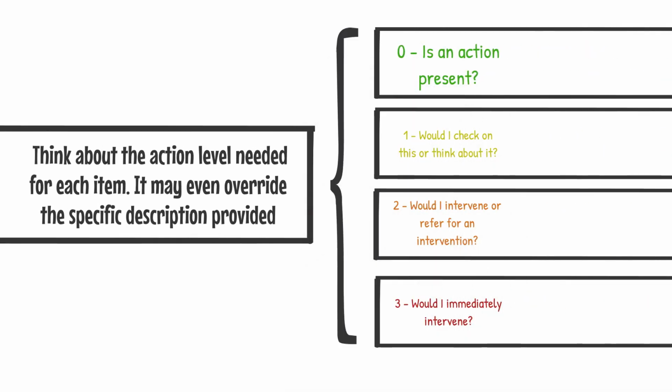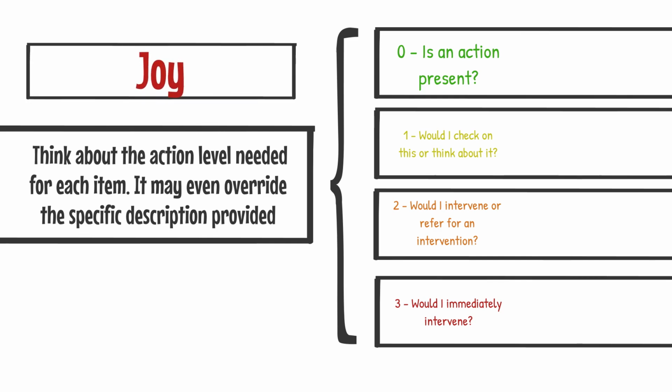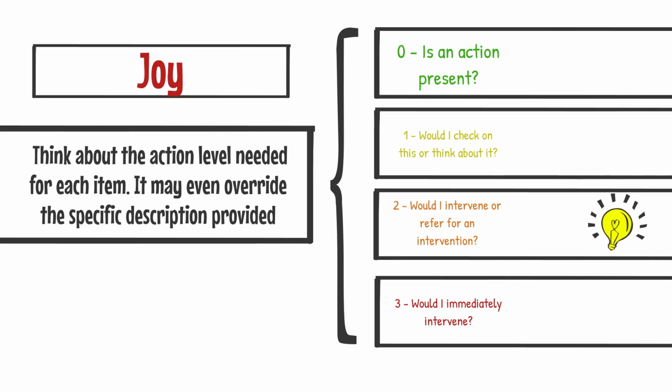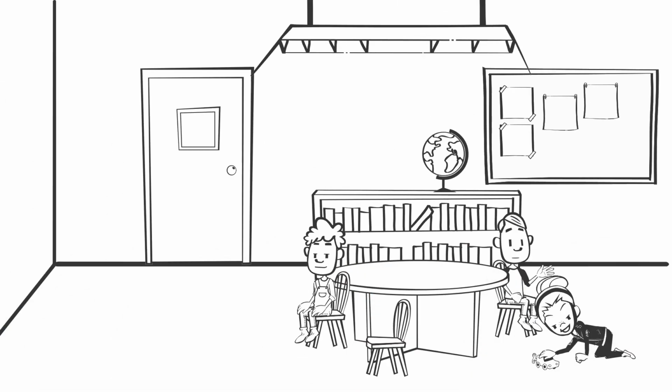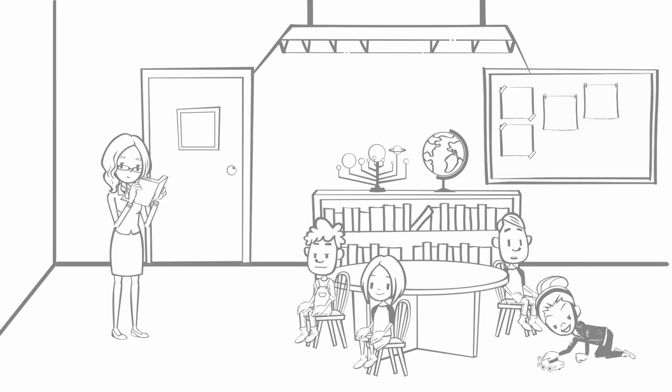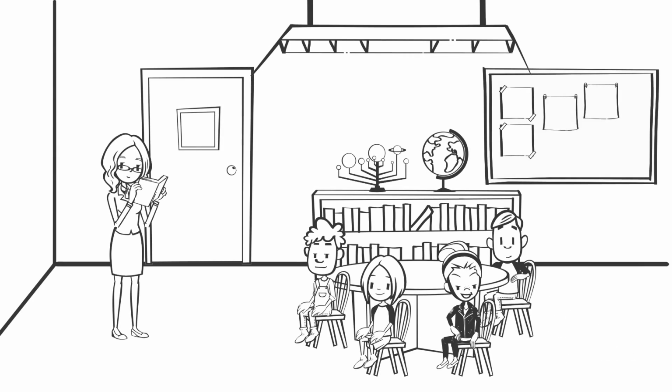In some cases, it may be more helpful to instead consider using an action level within the context for the anchor. For Joy, an intervention would be appropriate, so we'll rate her a 2. Using action level 2 and providing an intervention based on that action level, we should see some improvement in Joy's